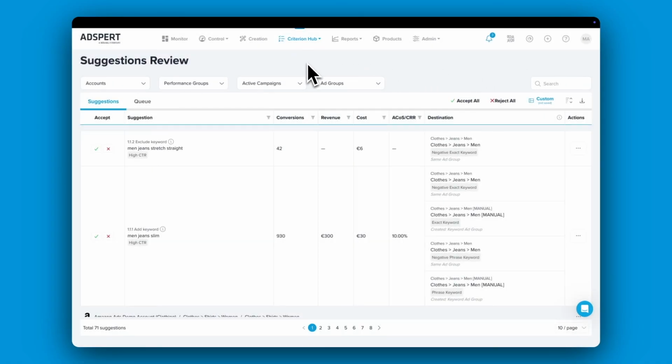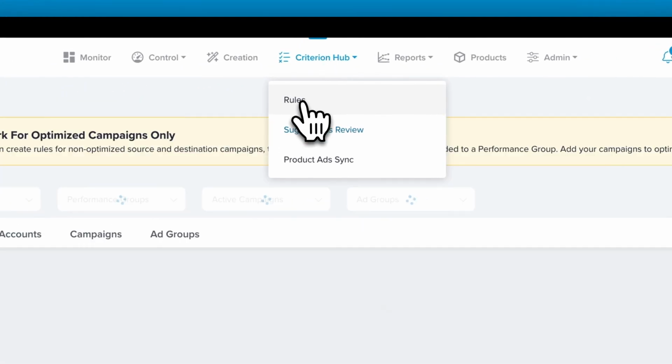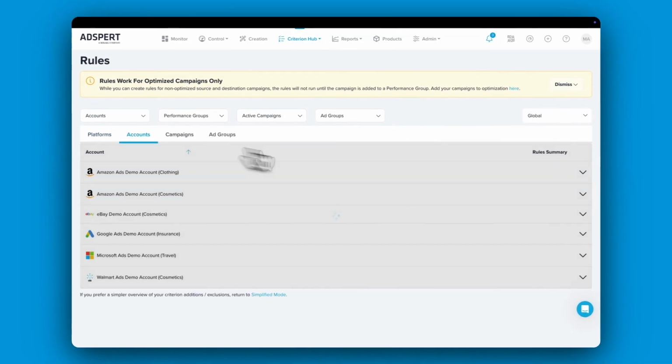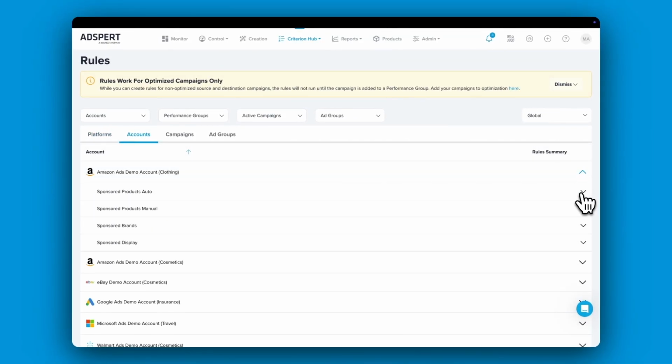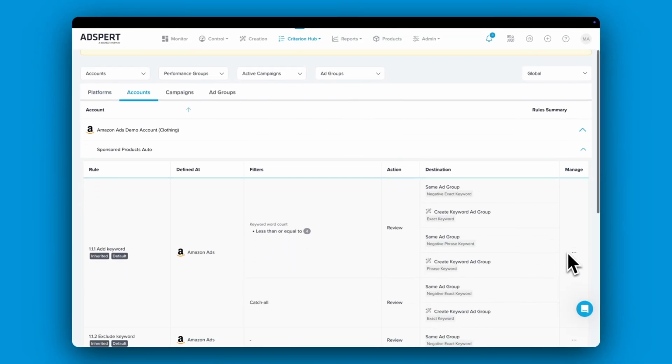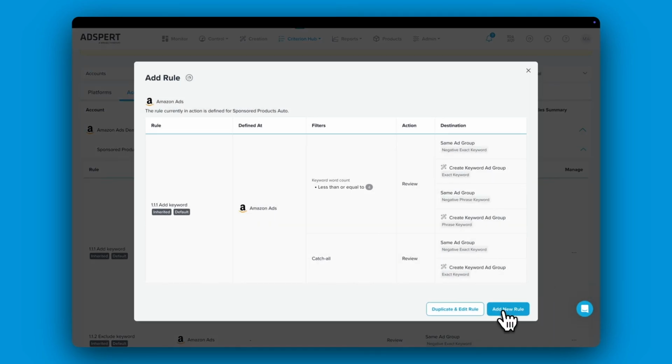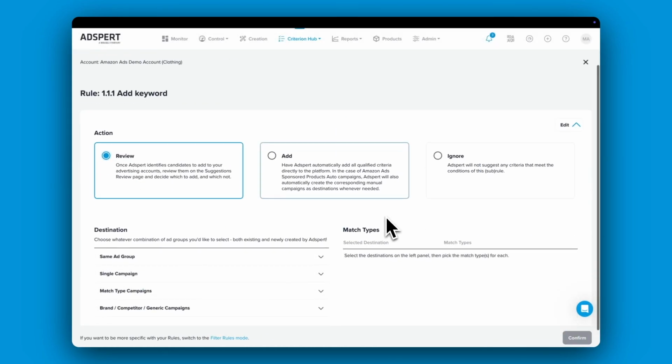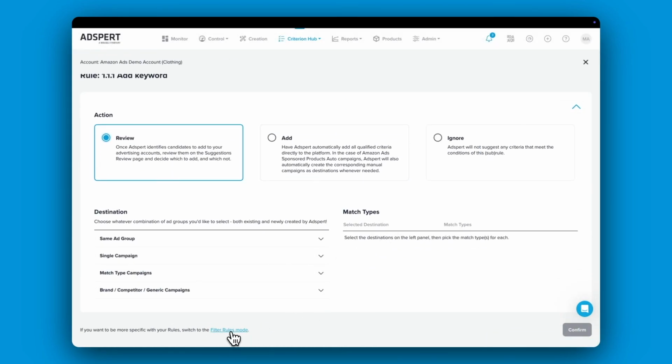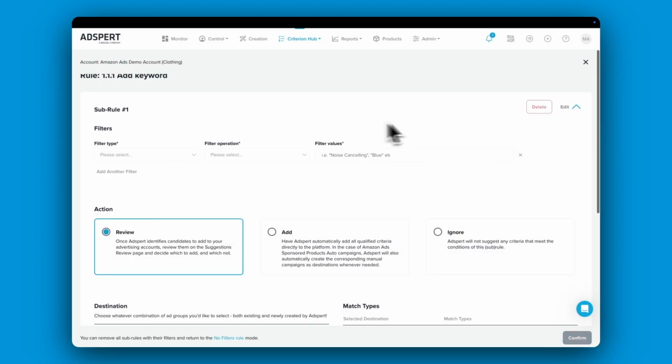Finally, let me quickly show you how to create custom rules when you have a higher tier Adspert plan. Go to the rules page. I will select an Amazon auto campaign. One moment. And click add new rules. I will also add a filter. Okay, done. So for example, if you have a sponsored brand auto campaign, you can set up a rule here